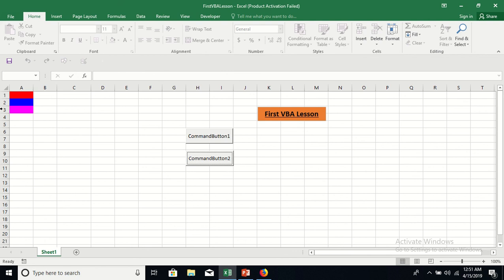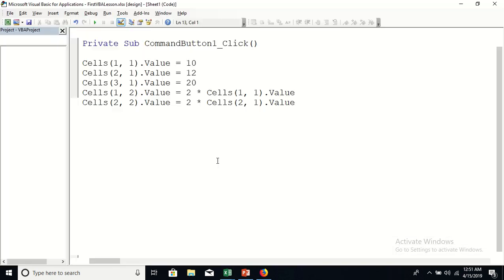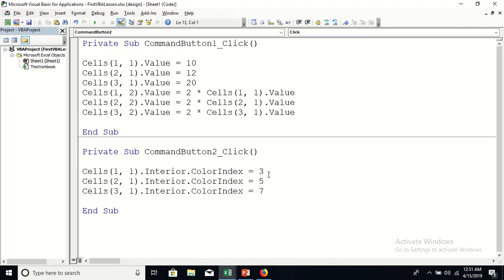Wow, so this is color code 3, this is color code 5, and this is color code 7. Okay, so this is difficult to remember, isn't it? So let us do it in another way so that we also see the color code in column B. Okay, so let us go back to this developer tab, go to design mode, click on this button and